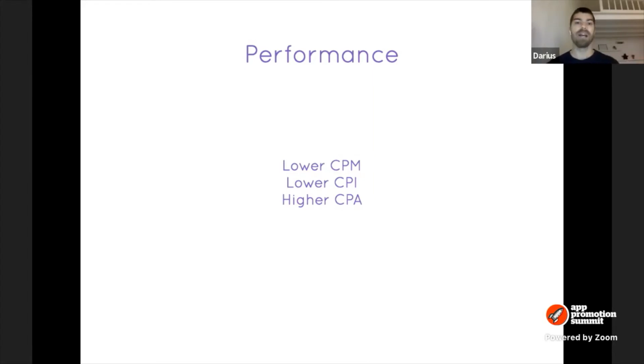This is changing, and it's not true for all the apps, but in general, I've seen this across all of the apps. So something to keep in mind: when you do get started on TikTok, you need to make sure that you're watching not just the installs you're getting, but very much check the revenue you're getting from each of the channels, and specifically on TikTok. So that's general on the performance side.